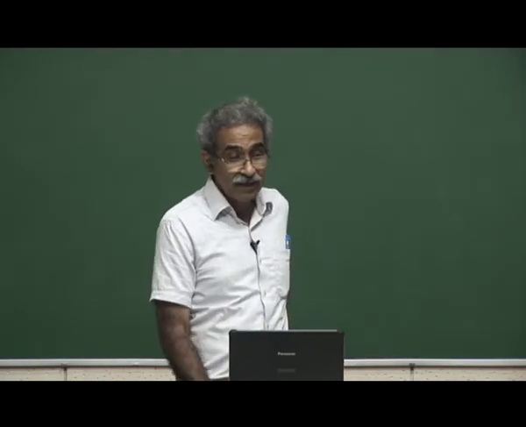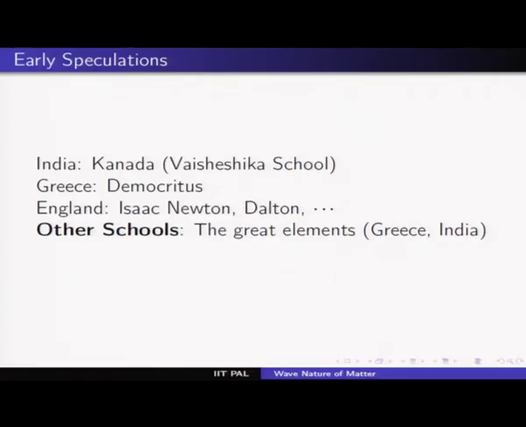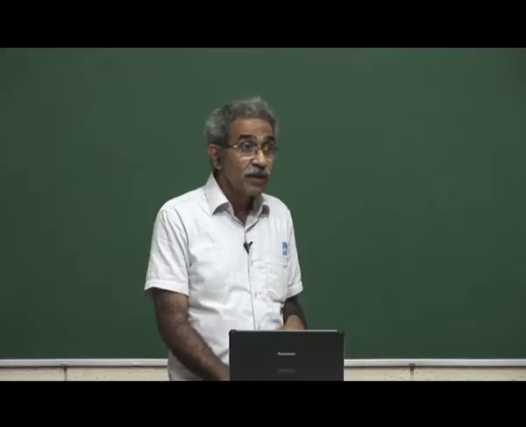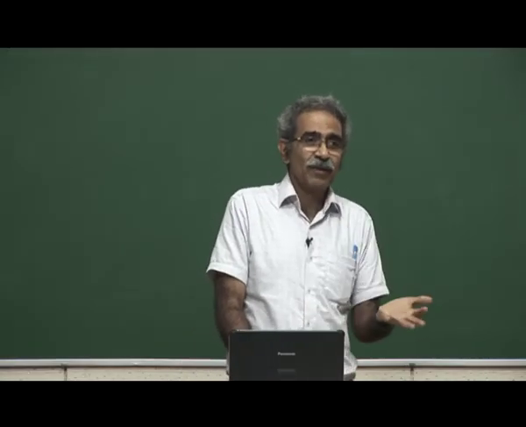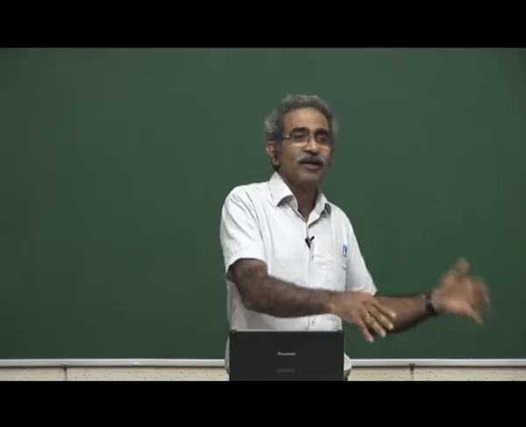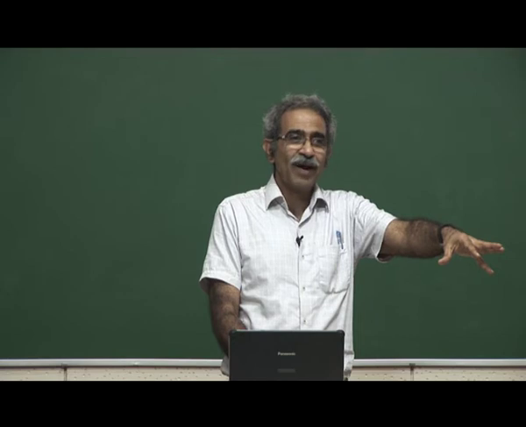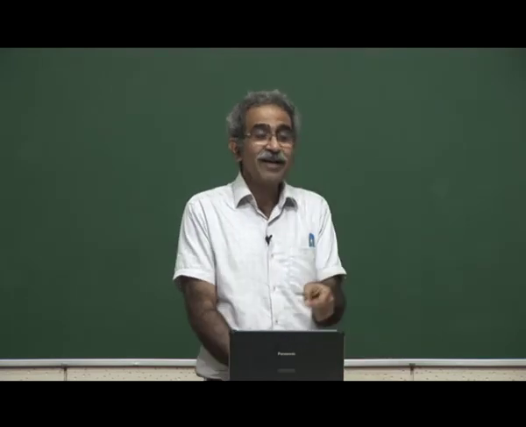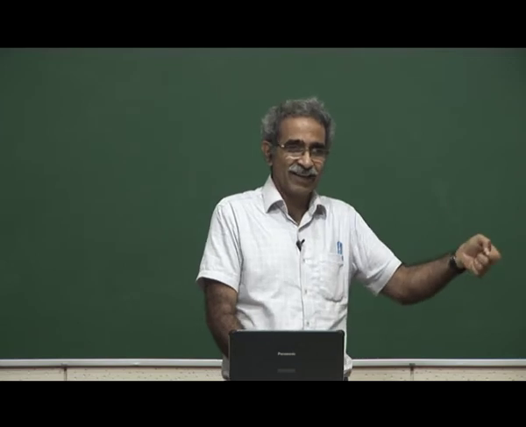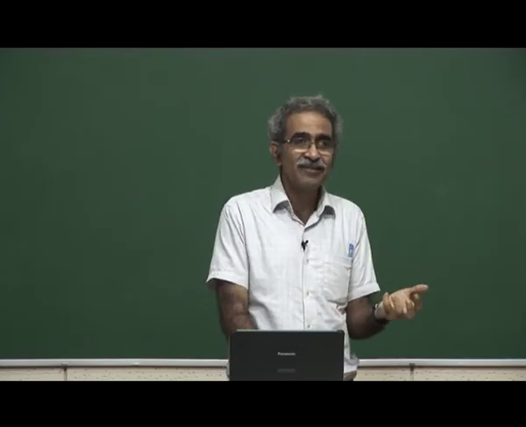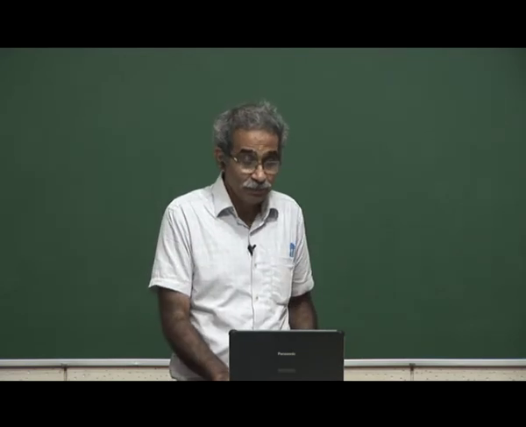So people postulated the existence of these great elements, the Mahabhutas. These are the great elements out of which everything has been constituted. At this point, you should not confuse words like earth, water, fire, air or Akasha to be the earth that we see, the water that we touch or the fire that we feel. No, that is not what it means. These were simply the names given. Basically you are saying earth has a preponderance of that quality, water has a preponderance of this quality. It doesn't mean that the element itself is earth, or water or fire or anything. You simply pick up names from ordinary words and you are calling them. That is something that you have to remember.